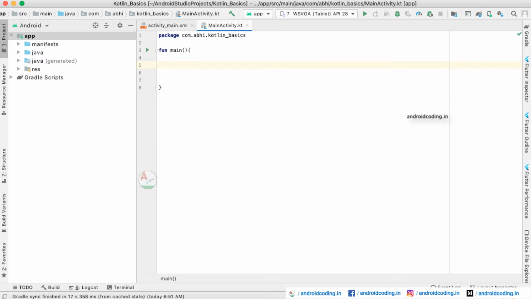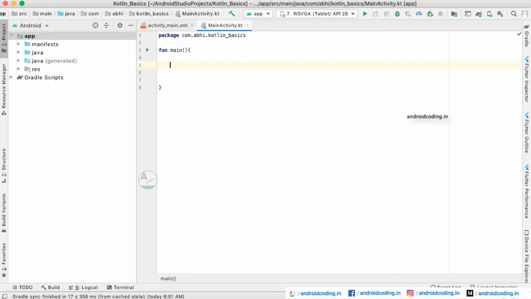Here in Kotlin, it is a typed language as we discussed previously. With the help of type inference, we can find out what value the variable holds. If you provide a number, it will automatically be considered an integer variable, or if you provide string data, it will be considered a string, and likewise boolean. Depending upon the value you provide, the data type is assessed for that particular variable. With the help of the context, this type inference is found out for the variables.